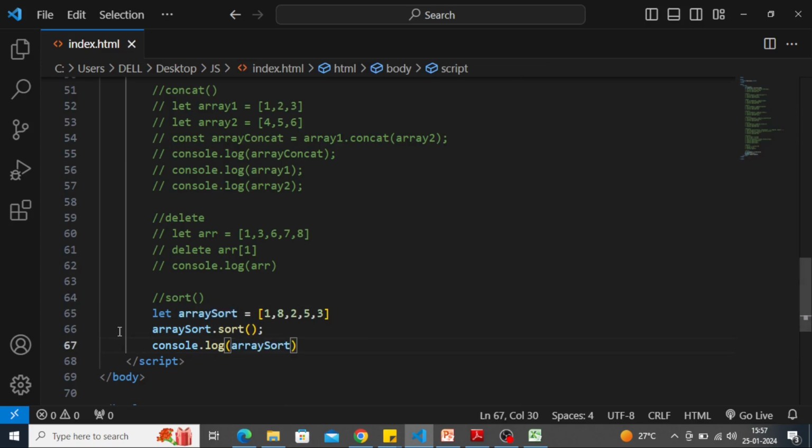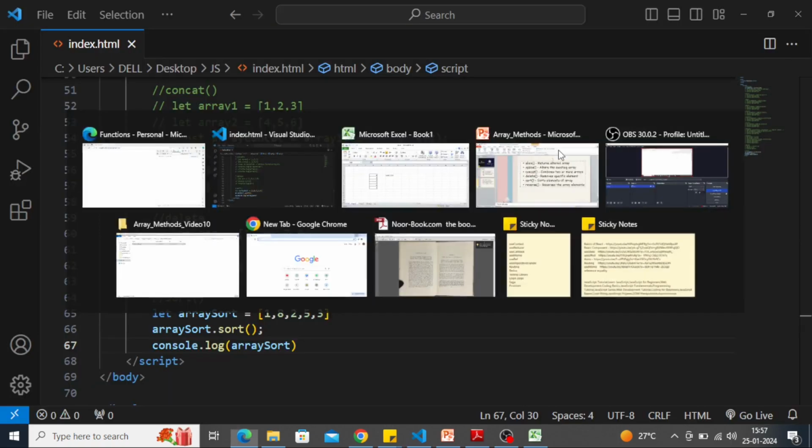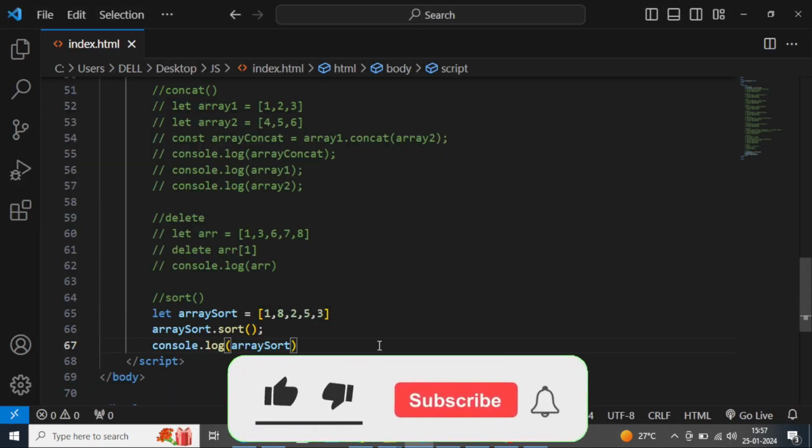So we have defined this array, and I'm sorting the elements within this array. When I sort this out, see here, 1 2 3 4 3 5 8, so this got in the ascending order. But the problem is the sorting is done